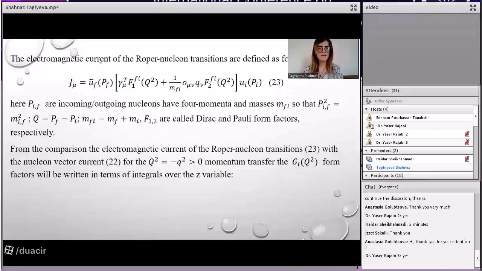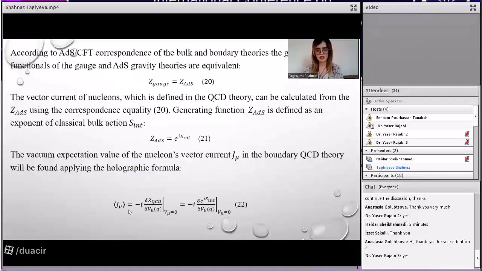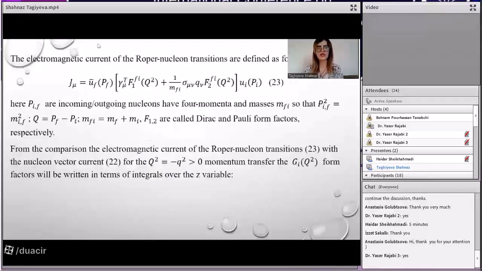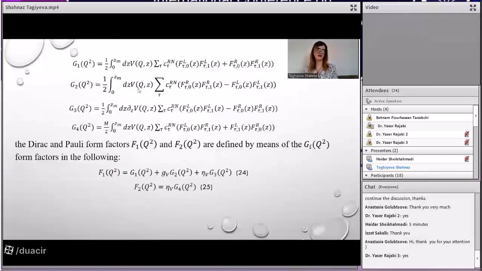Then we compare the vacuum expectation value of the nucleon vector current to the electromagnetic current of the Roper nucleon transition, and then we define these integral expressions,